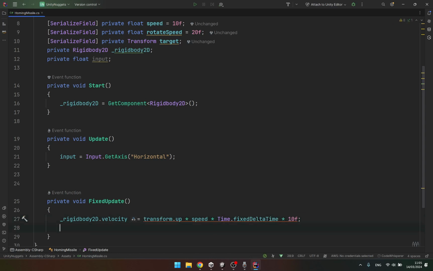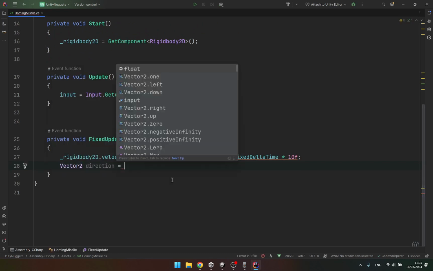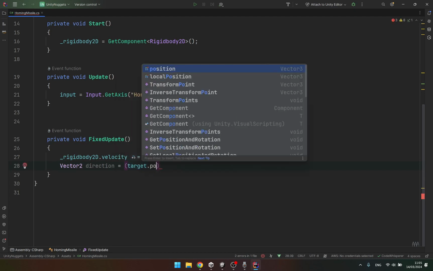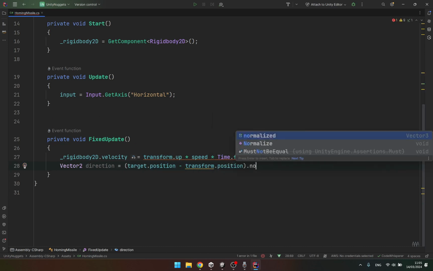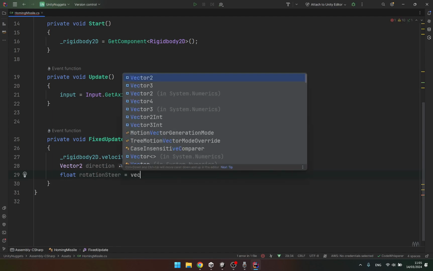Now we need to get the direction, so we would say vector 2 direction equals, we need the target dot position minus the transform dot position, which is the middle, and we get the normalized value. And finally, you get a float rotation steer, and this is going to be a cross product